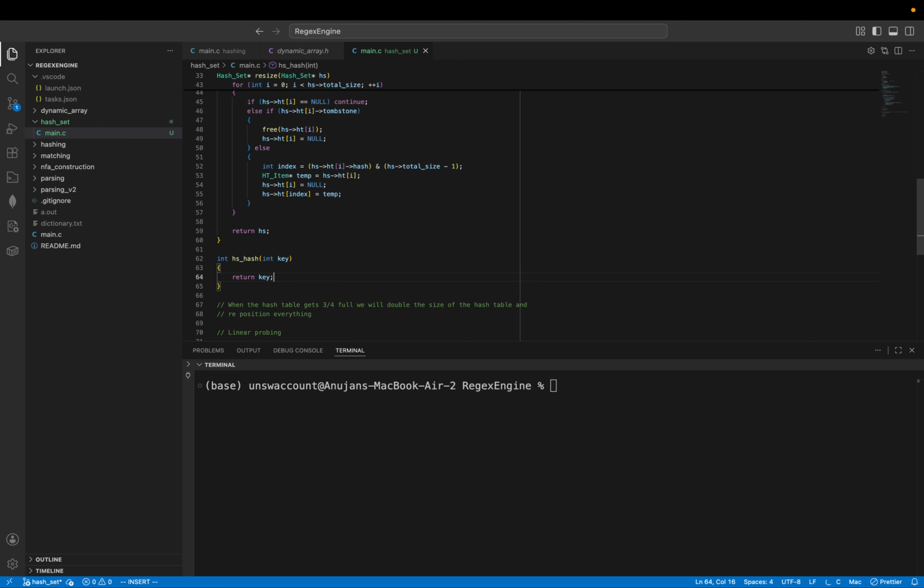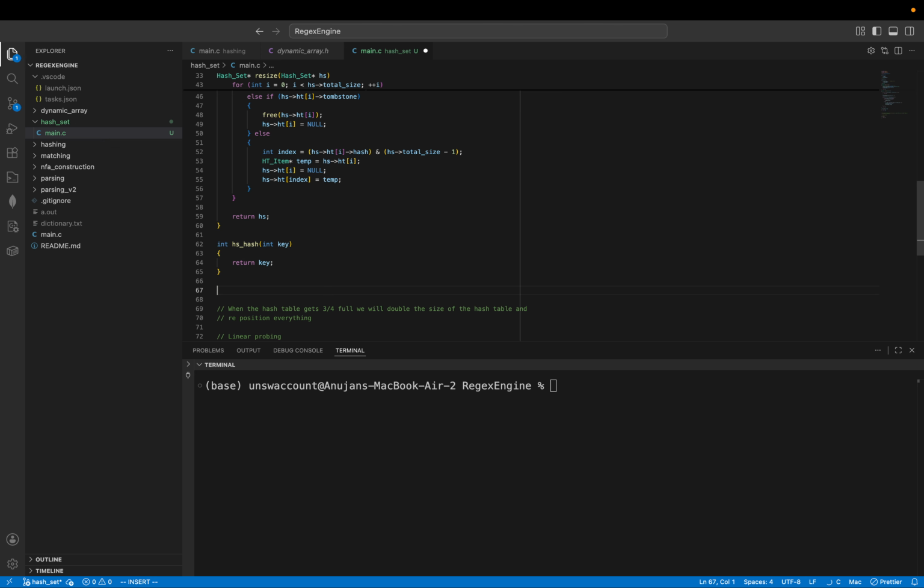For integers specifically, the Python hash function just returns the key. We can beef that up a bit more if we want, but I'm happy to do that. Remember that the key is not the actual index. Like the hash result is not the actual index yet. We're still gonna do the modding stuff to make that happen, but for now,